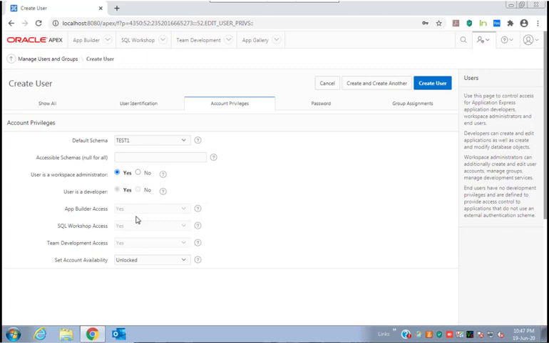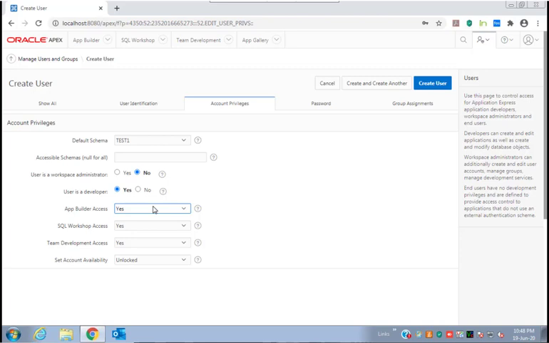app builder access, SQL workshop access, and team development access are all enabled by default. When I press no, I'm saying that the user is not an administrator but is a developer.